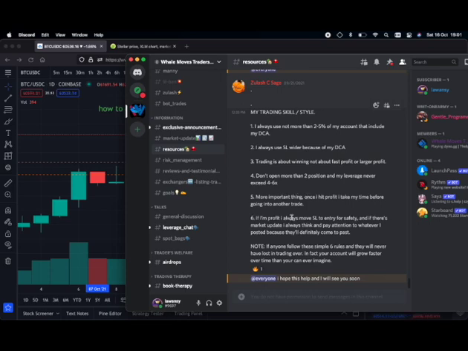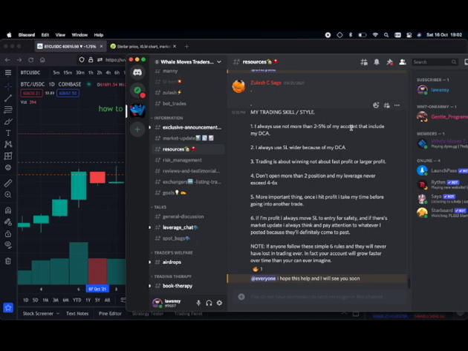Okay, so what these things are trying to say is that no matter what's happening, you can't just open a big position with a larger amount of your account. Let's say you use like 30% of your account to open a position. That's a little bit stupid if you ask me, because why risk 30% of your entire account if you don't know whether this trade is going to go in your favor or not? Whatever the case, we're going to explain that in more detail. So this is more detail about the trading plan, how you can create your own trading plan. Use a lower leverage, below 10x. Use not more than 5% of your account.